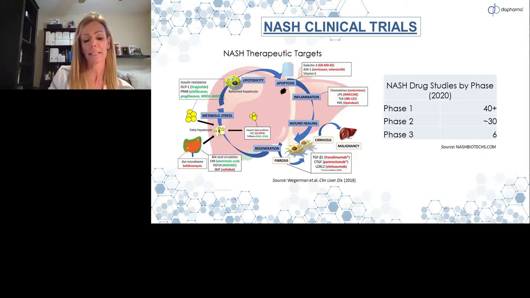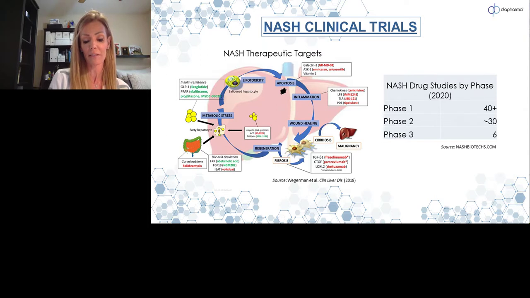And the field of companies that are in the process of developing NASH drugs is wide. The complex etiology of the disease offers many therapeutic targets, which is reflected in the multitude of agents that are currently under investigation. The main categories of drugs that are in development include those that affect the various metabolic pathways, so de novo lipogenesis and bile acid circulation, hepatic insulin resistance, apoptosis, oxidative stress and inflammation, and mechanisms impacting fibrosis.